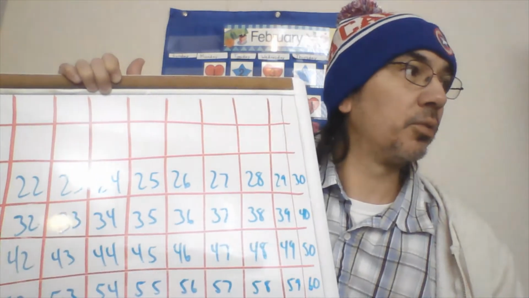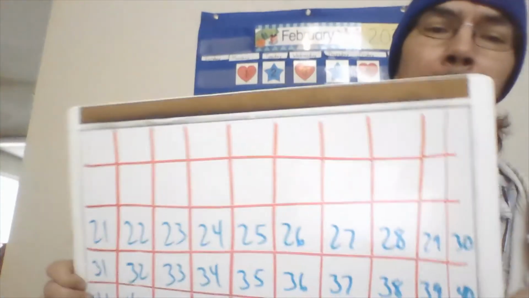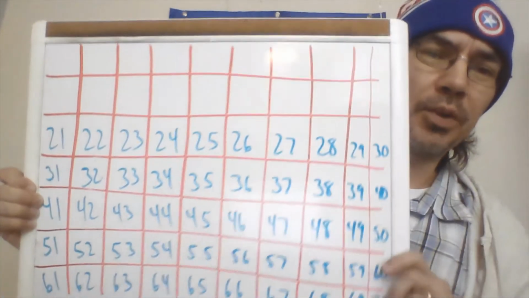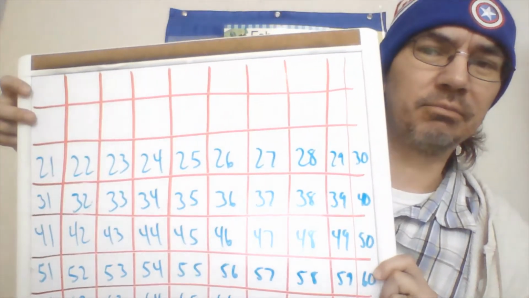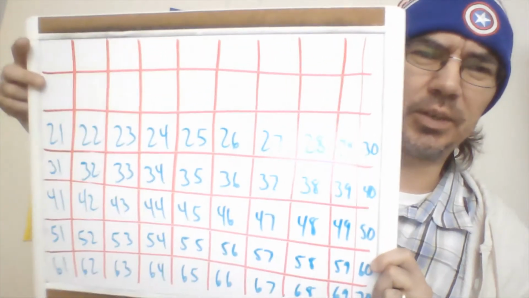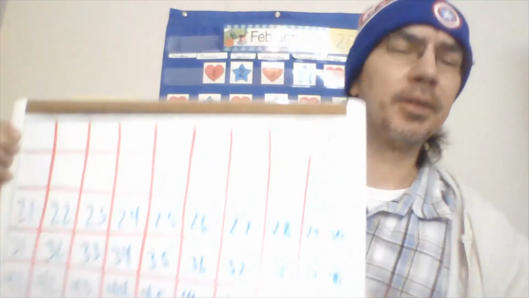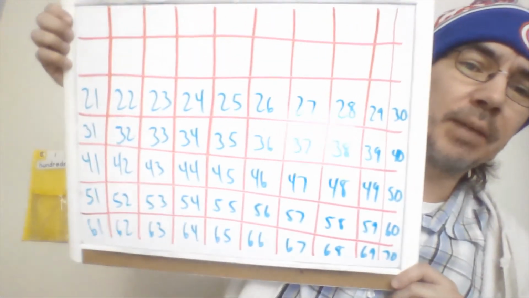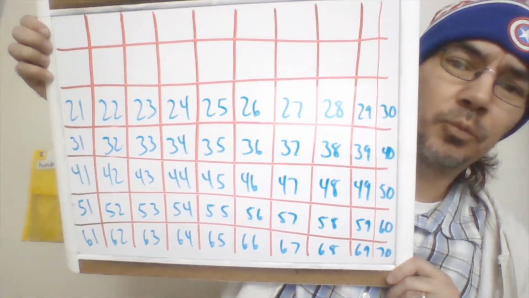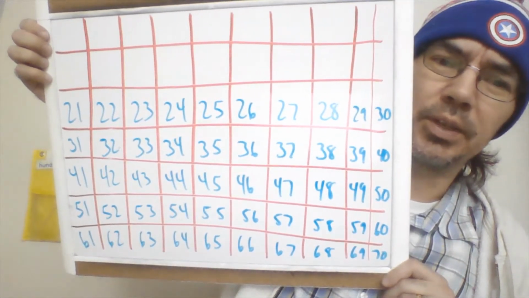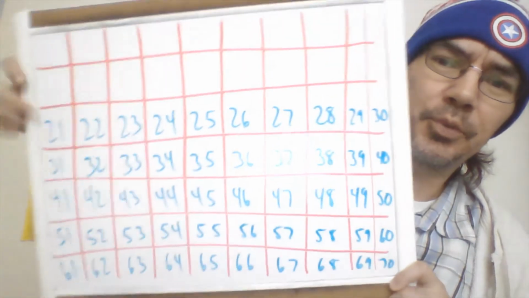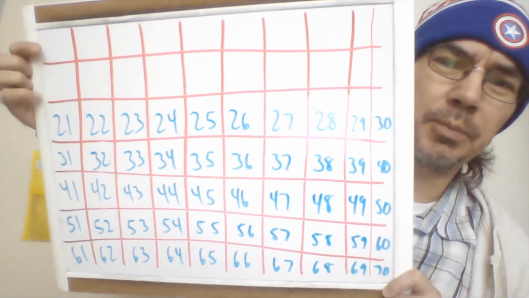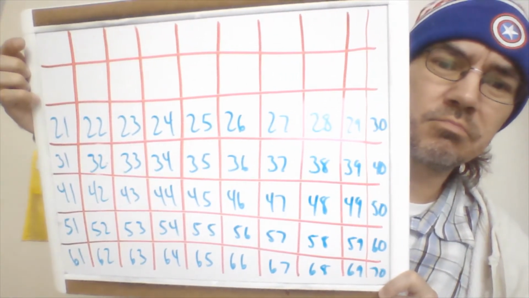Oof. Oh boy. All right. Well, let's see. What numbers do you think would go here in these two spots? Do you think you can help me out? If you can, write them out. You can even write them out on that same paper that you did the time on. What numbers would go there? We're starting at 21. I wonder what would be up here. I don't know. Maybe you can help me out.